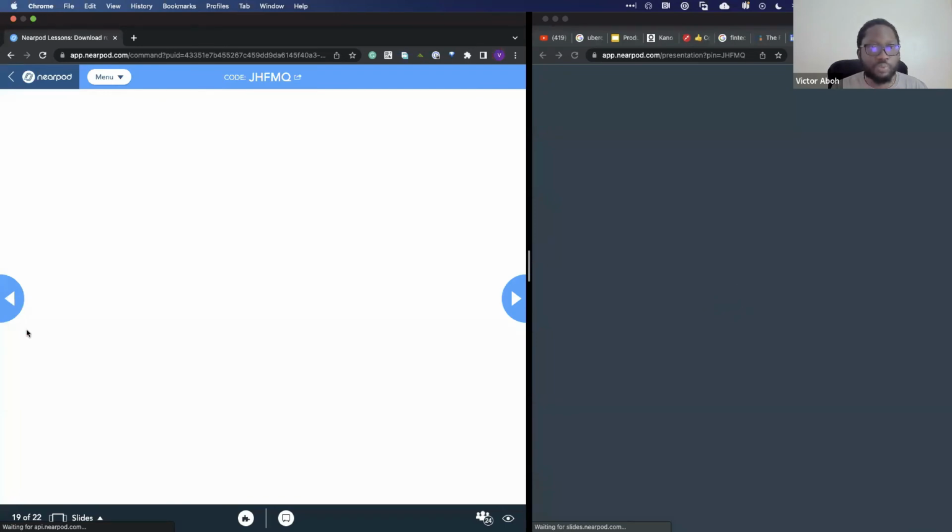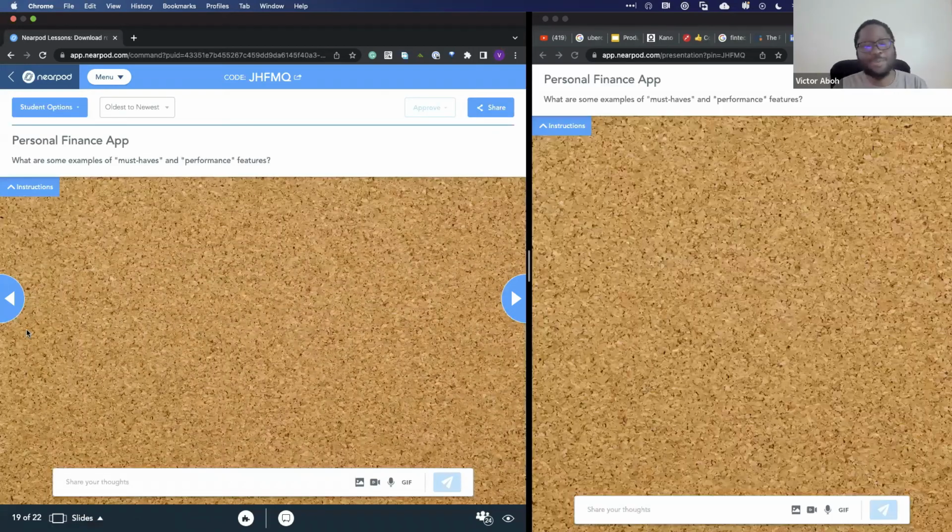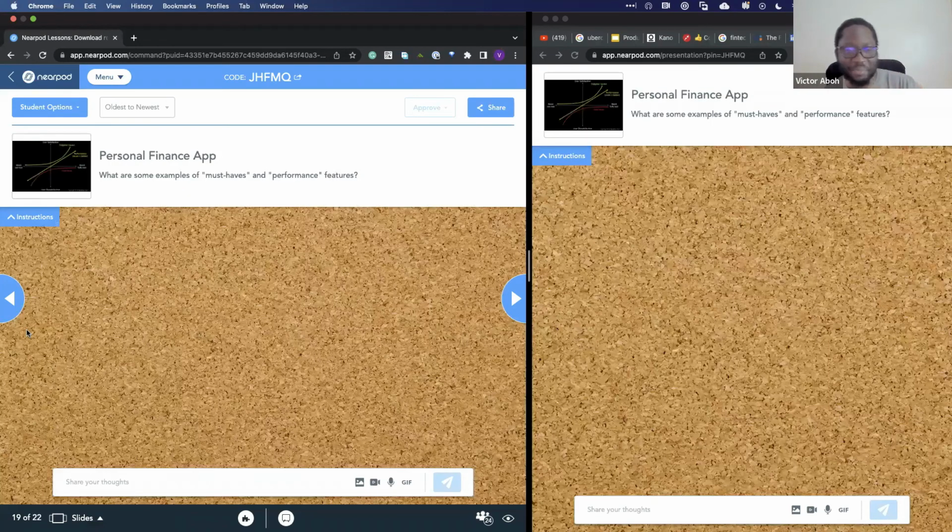So if we jump to the next one, let's assume, again, in real life, there will be multiple steps we would take. We wouldn't just take that input. We would sit down, we would brainstorm, we would create some prototypes, we'll put that in front of users. There's a whole process we would go through. But let's assume we're going to fast track that process. What would you say this app needs to have as a must-have? And what would you say it needs to have as a performance feature, right?